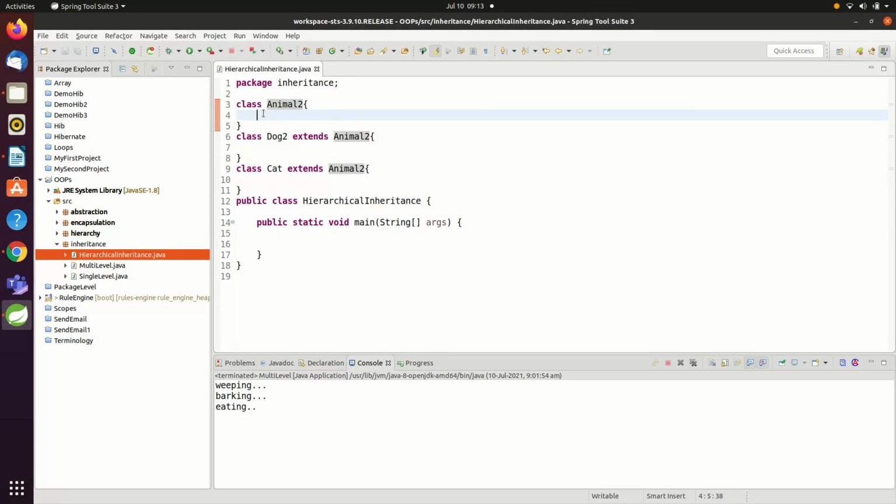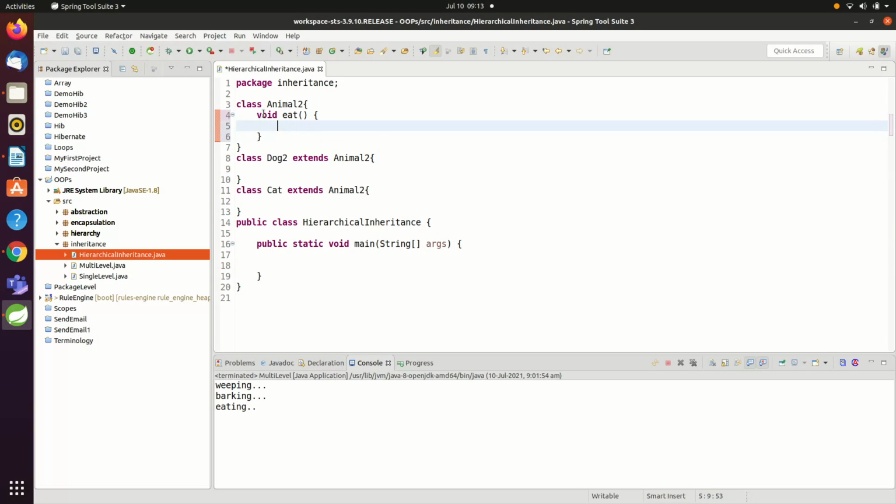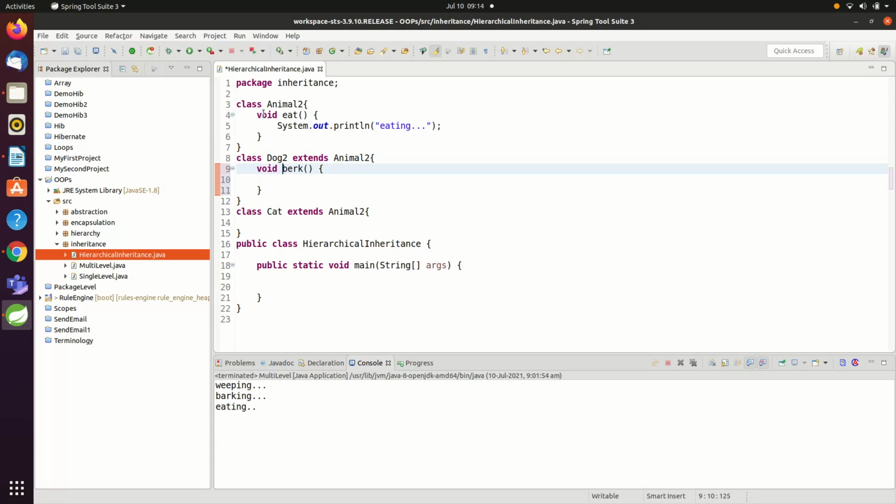What animal does is eat. What dog does is bark. What cat does is meow.